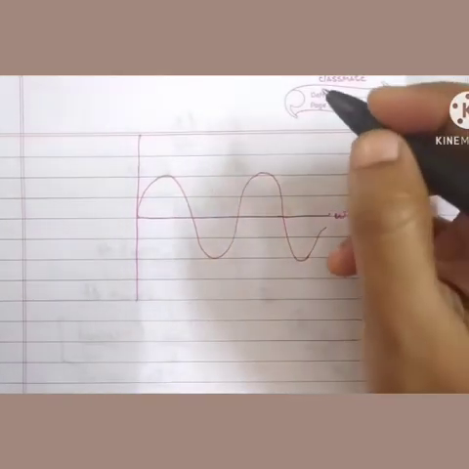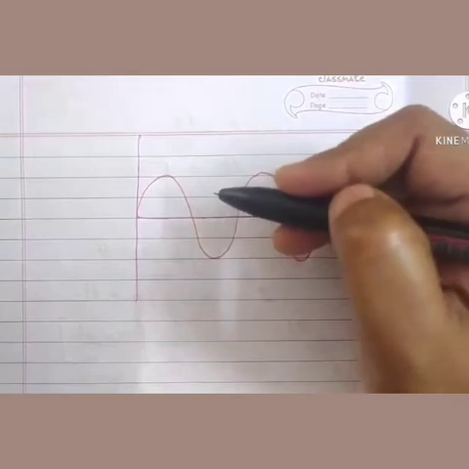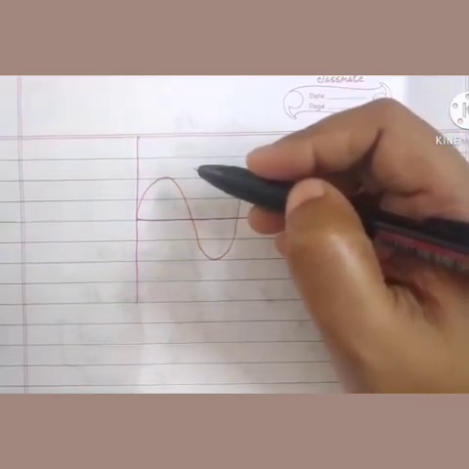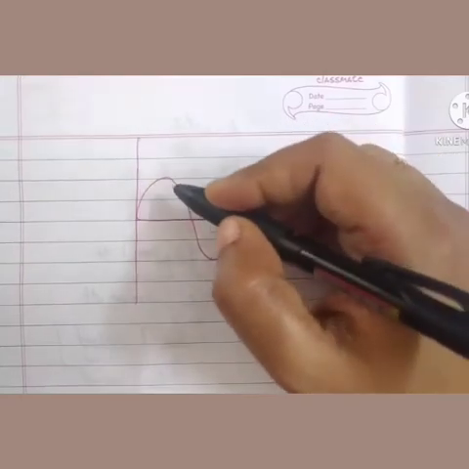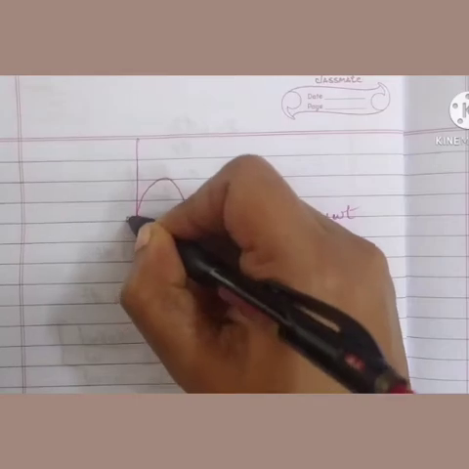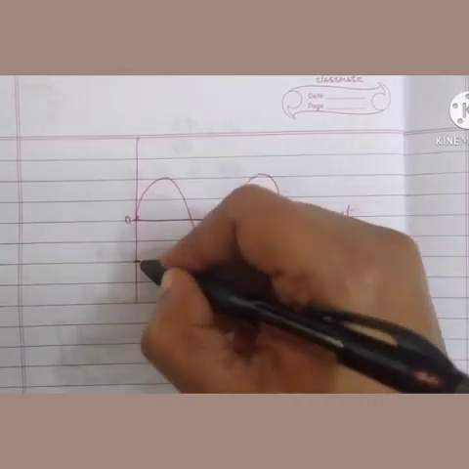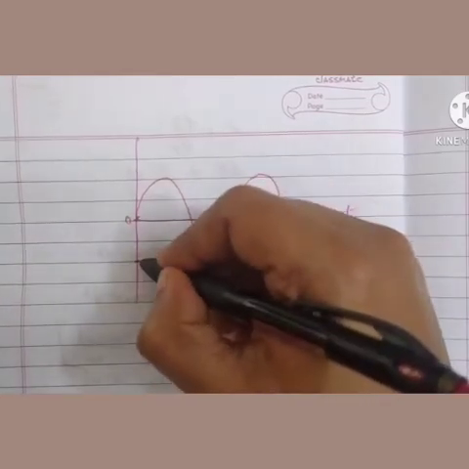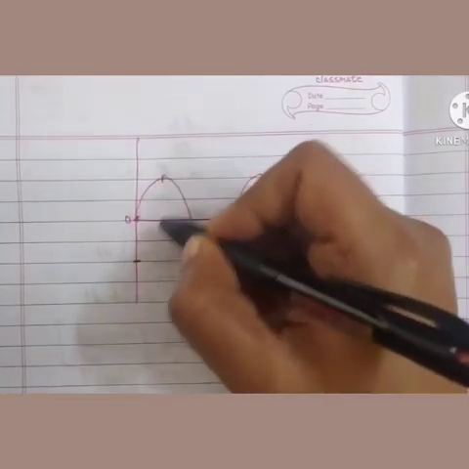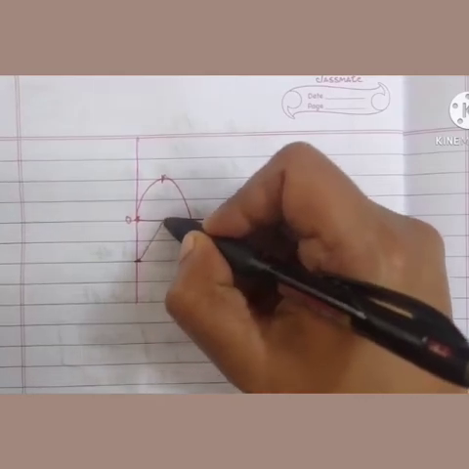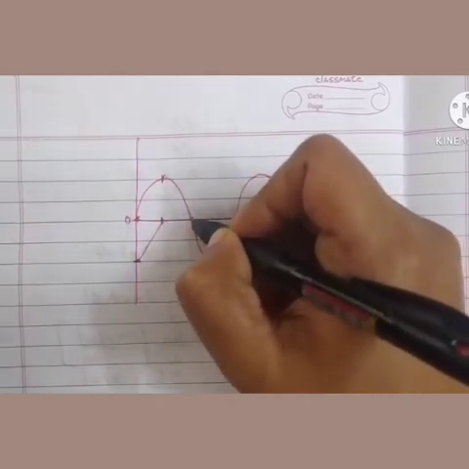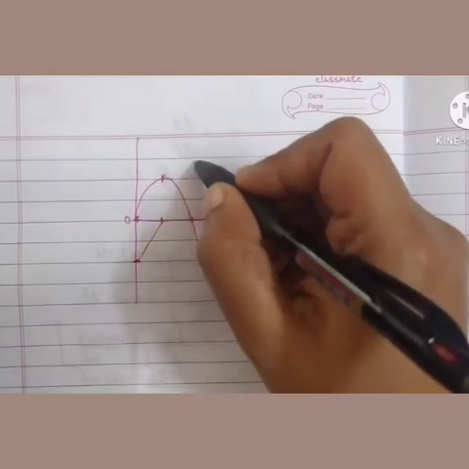Okay. Now, secondly, current. As I told, current is lagging behind at an angle of 90 degrees. Therefore, it will start from here. EMF starts here and a pi by 2 lag is there. So, from here it has to start. That means when EMF reaches pi by 2, the current will reach here only.